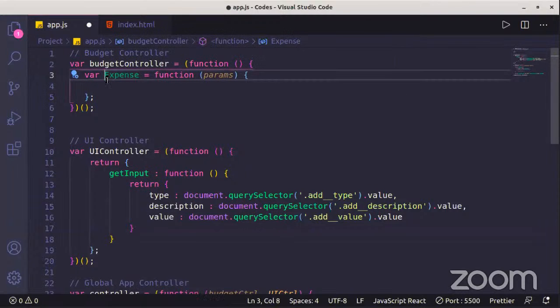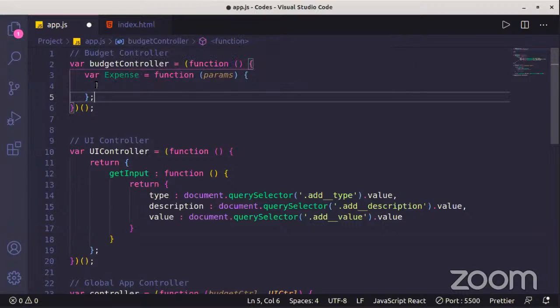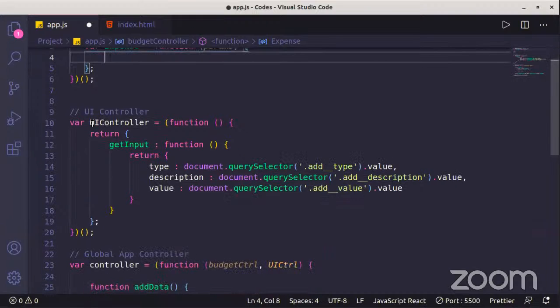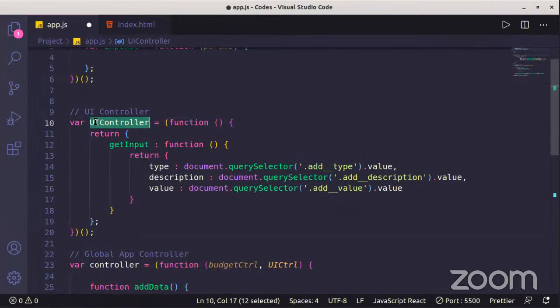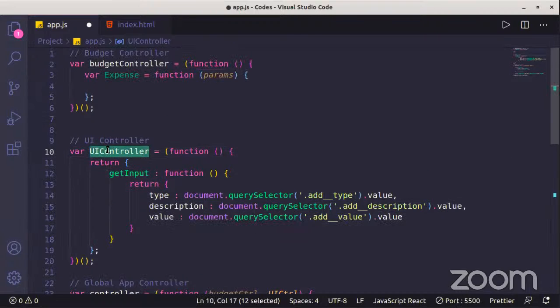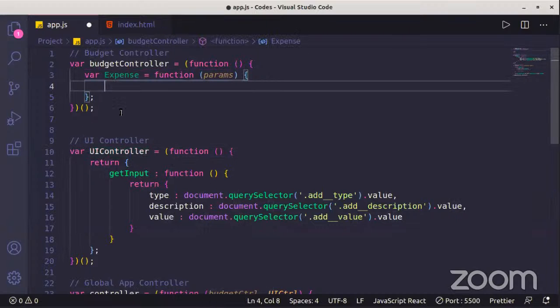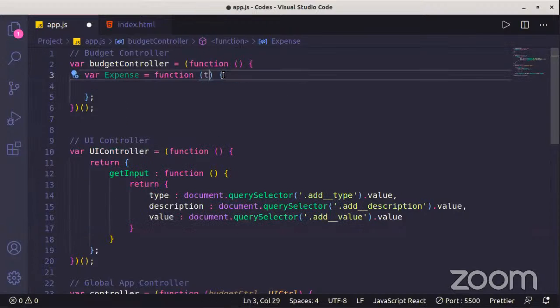If the JavaScript engine encounters any function name with a capital letter, it will first assume this is a class function constructor. First, JavaScript will assume this as a function constructor. If you observe this UI control, this also has UI, so you will say this also will be a function constructor, because the first letter is capital. But no, let me write some code and you will understand the difference between the normal function and the class constructor. So first I will pass id, description that we are getting from the